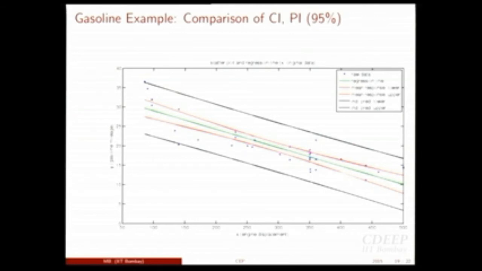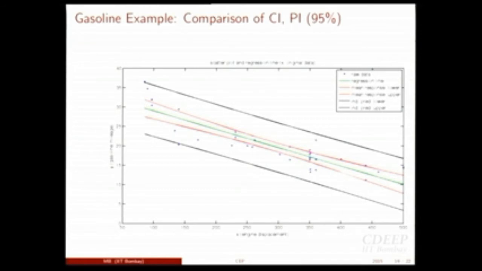Well, I don't really know, but my estimate of that value is whatever is the corresponding value in the green line. That's my regression line, and I'm 95% sure that the average value at 200 will be between the corresponding red lines. This height is your 95% confidence interval at x equal to 200. At x equal to 250, you have some other confidence interval. So you're generating a confidence interval on the mean response. Whatever is on the green line is just a point prediction, just a single value, but it does not tell me how accurate your estimate is. It's really the width of this line which gives me an idea whether your line is really worth it.